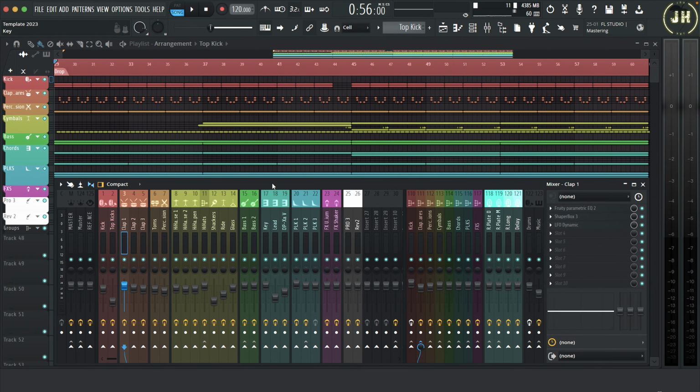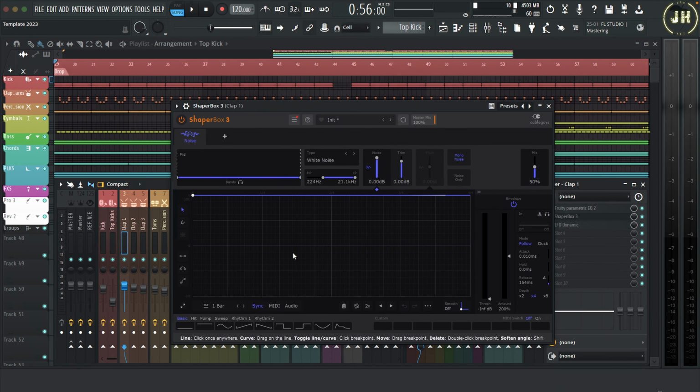Okay, so first of all, there are different ways to apply this technique to your production. But my favorite way, and the one that I always use, is with the noise module of Shaperbox. So if I go to the insert of the clap number 1, in here I add the Shaperbox with the noise module. The reason why I always apply this technique with this plugin is because you have full control